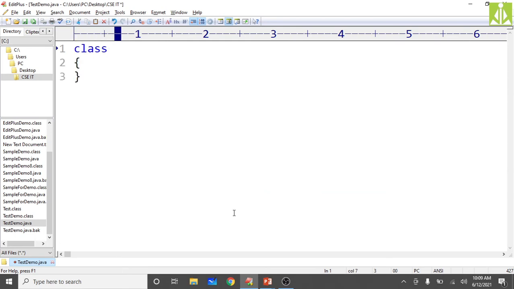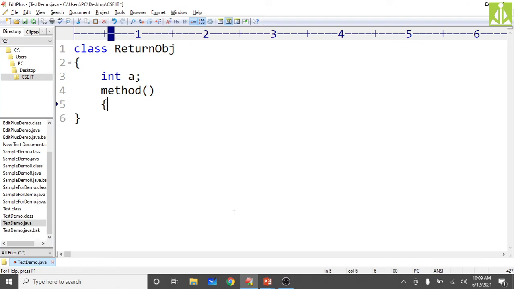So the class, I'm taking the class name as return obj, return object. Inside this class I'm taking a variable. And I'm taking my method name as method.